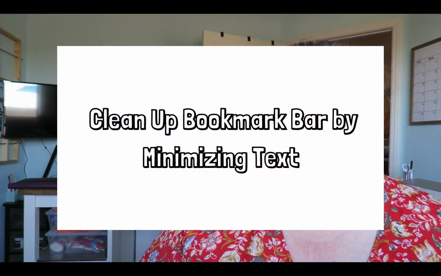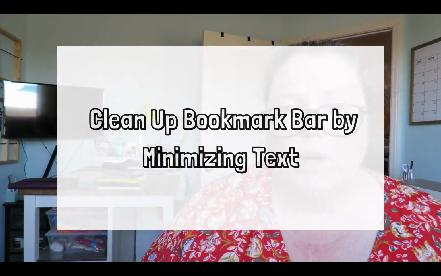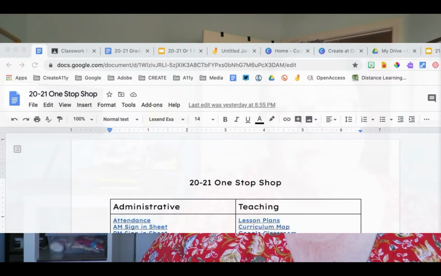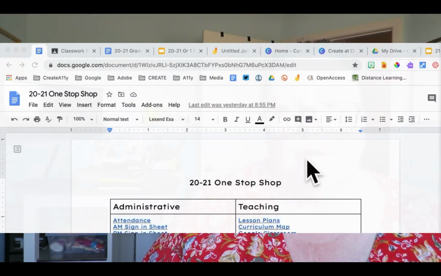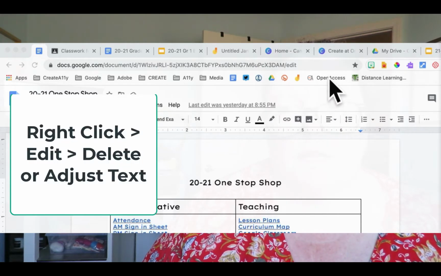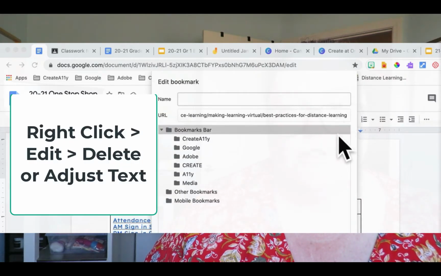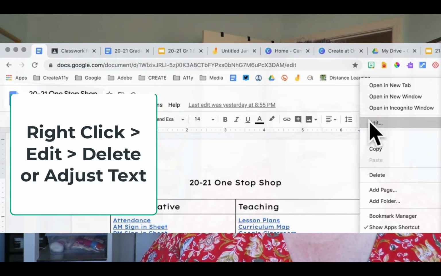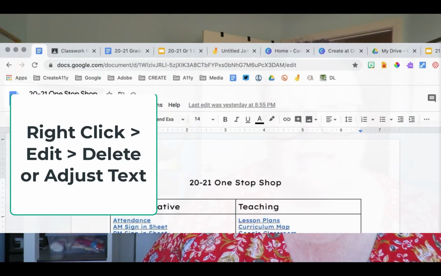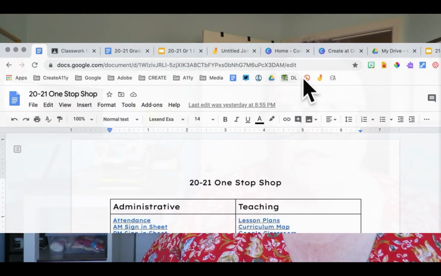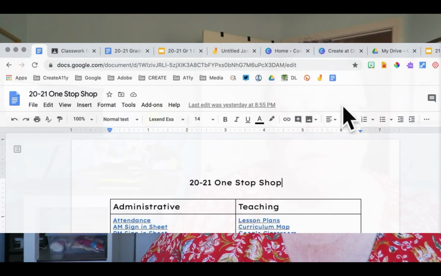Tip number 6, clean up your bookmarks and get rid of unwanted text. So if you notice in my bookmark bar, I've got a bunch of icons, but then I have some with a lot of text. If you trim down that text or eliminate it completely, you will be able to save real estate on your bookmark bar. Also, notice you can rearrange your bookmarks by just dragging them and putting them in a different